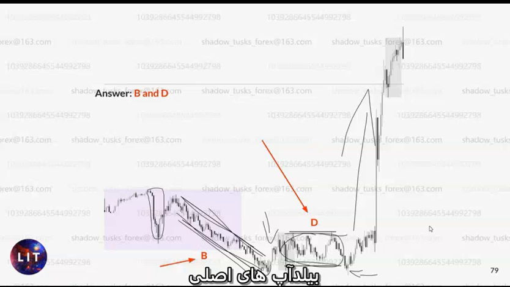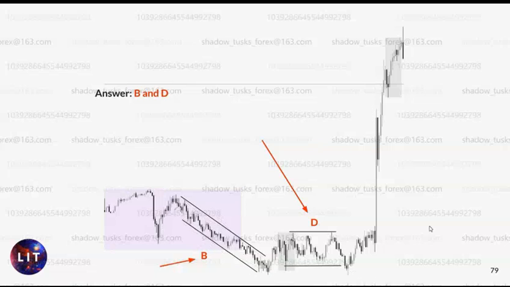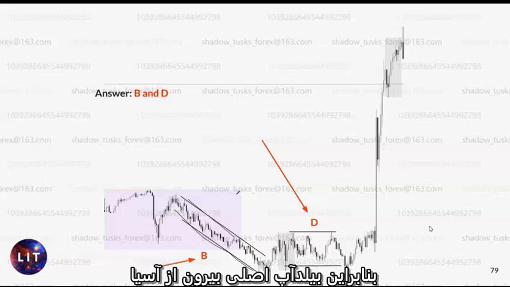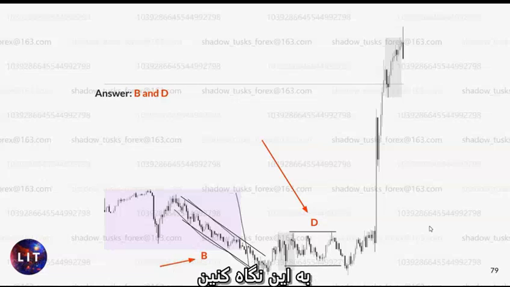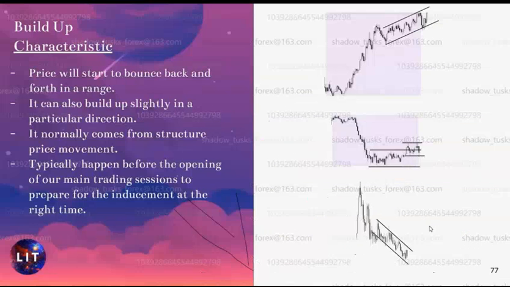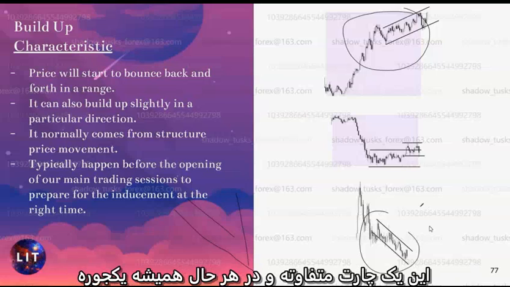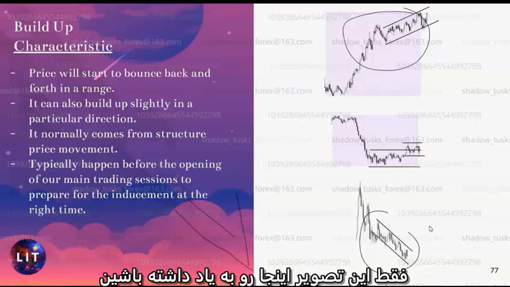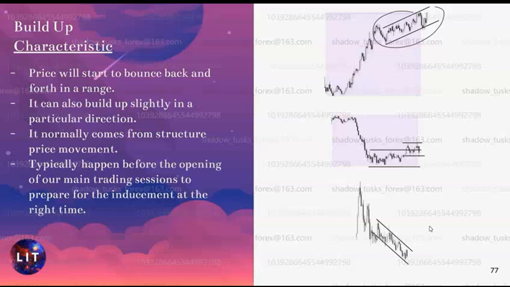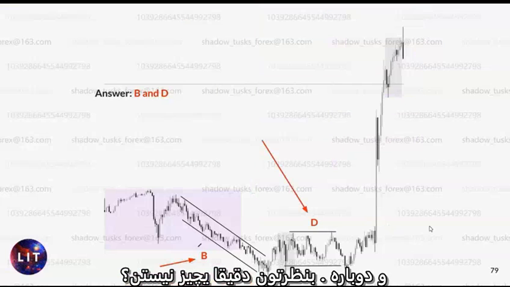Main build-ups. Right? So, main build-up out of Asia. Guess what? Look at that. If you take this one in here, just flip it upside down as we did it here. Obviously, that's a different chart. It's literally always the same anyways. Just remember this picture in here. And again, isn't that exactly the same thing?